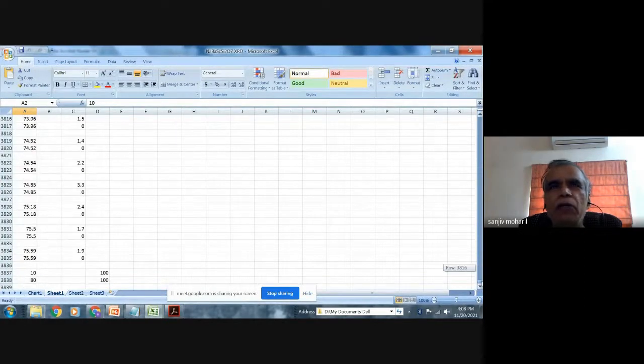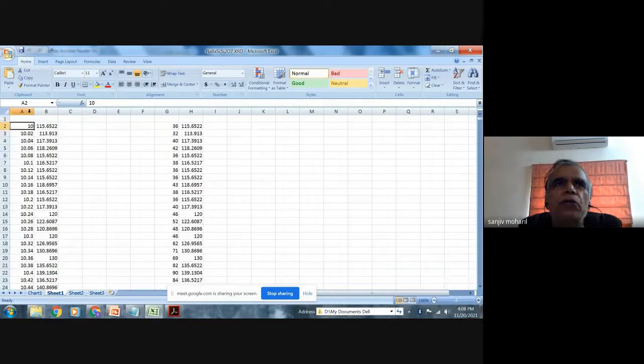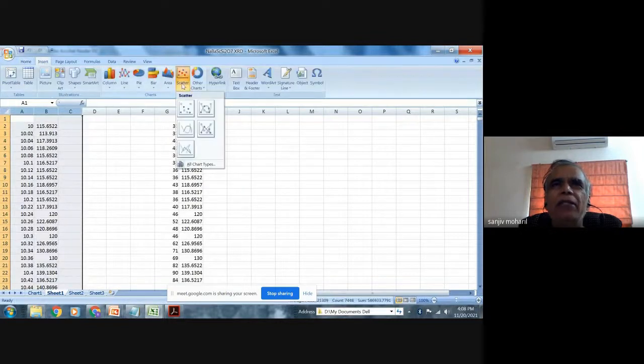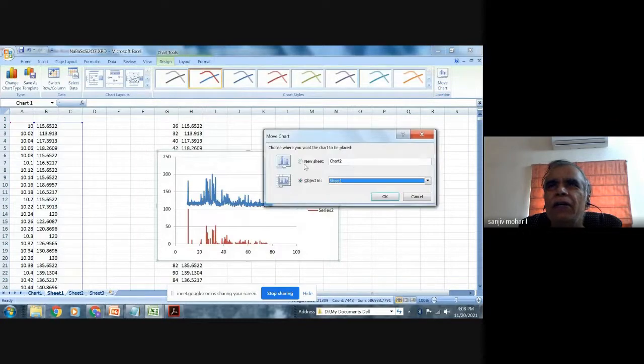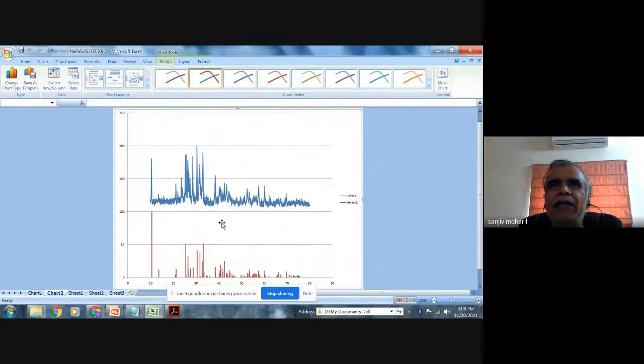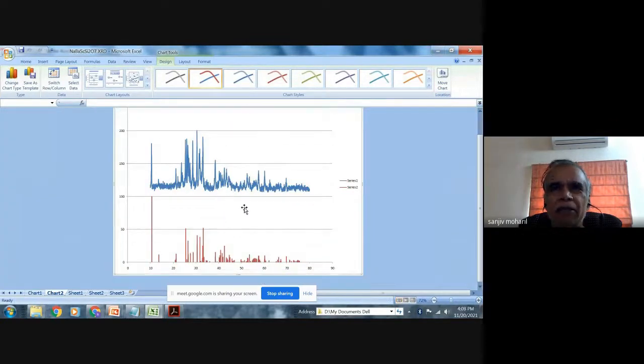Once I do that, I can plot this in Excel. I can choose the data like this and plot it, and I can get a graph something like this.